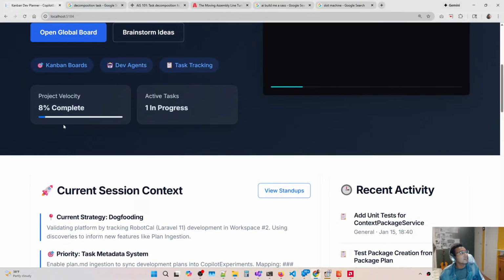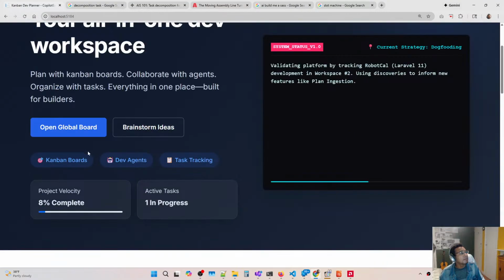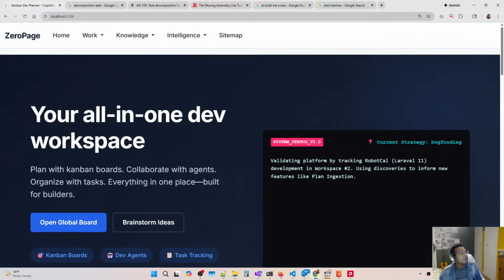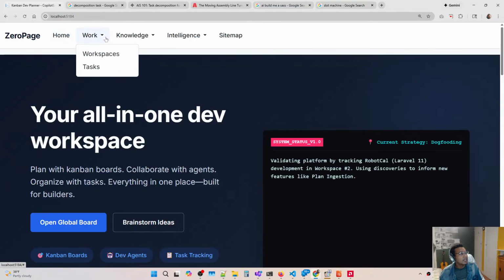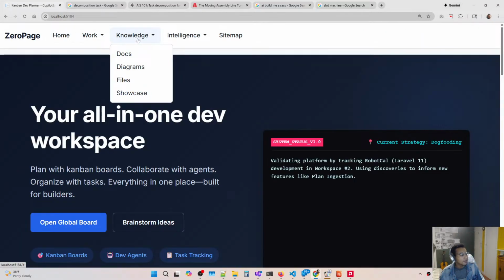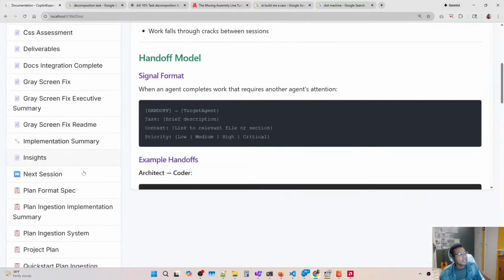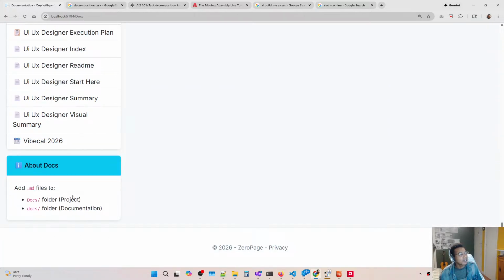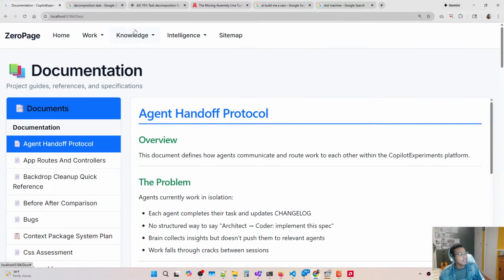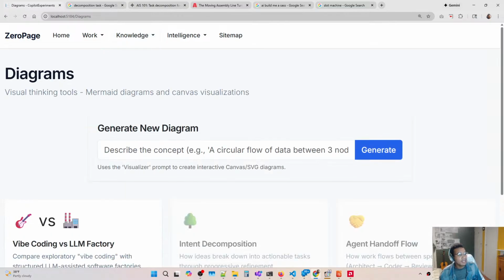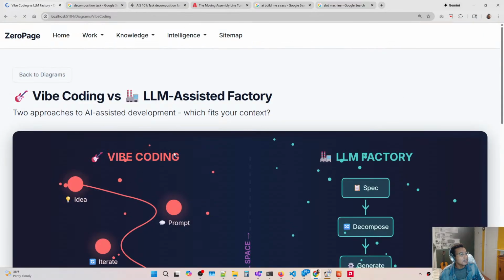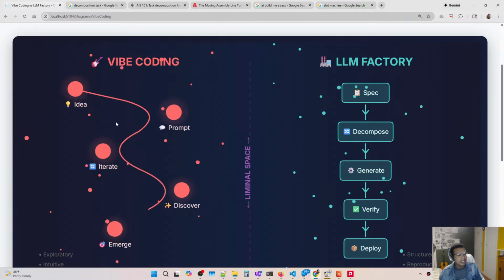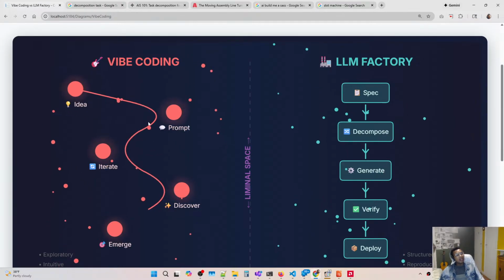We start with brainstorming. And then our documentation is compiling knowledge, right? Our diagrams, which I promised we're going to take a look at, have not been implemented yet, and we have to ingrain